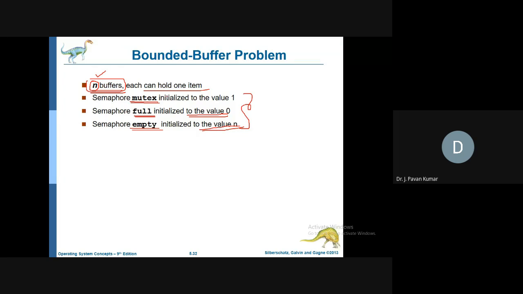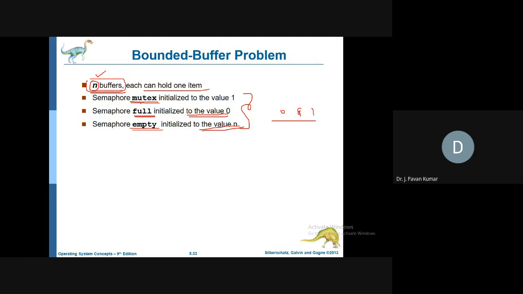Out of these three, you can observe full is to specify how many buffers are filled. We are having n, so suppose n by 2 buffers are filled, so the full value will be n by 2. Whenever we have only 0 and 1 as the values, we consider that a binary semaphore. But full can consist of other values, 0, 1, 2, 3, and so on up to n.